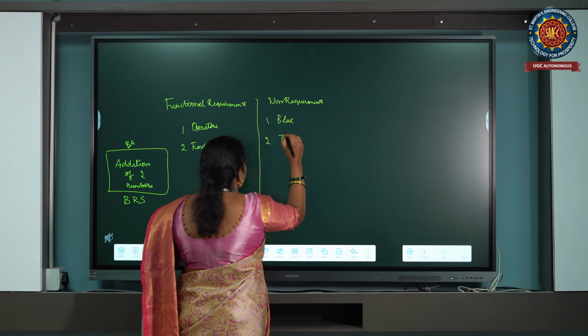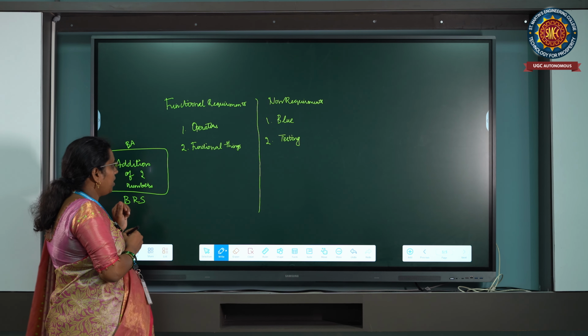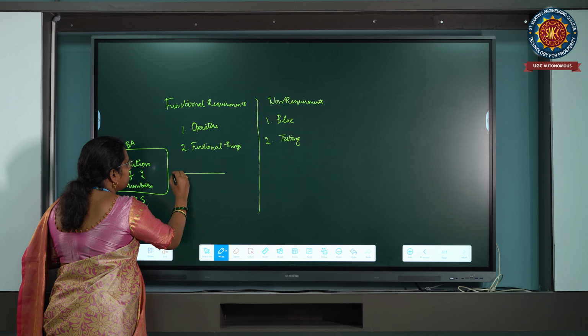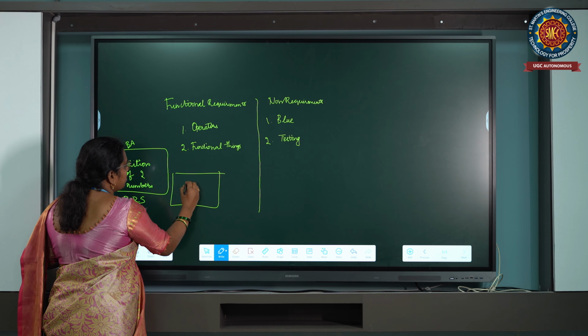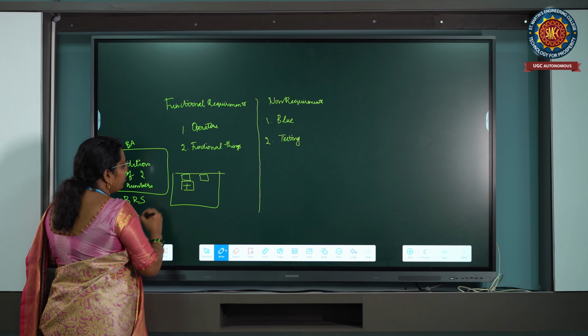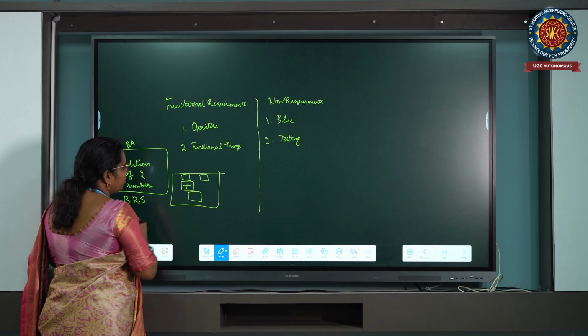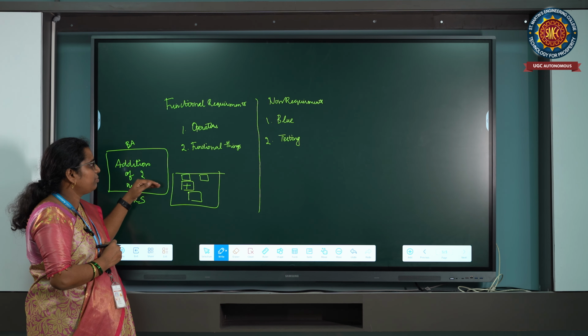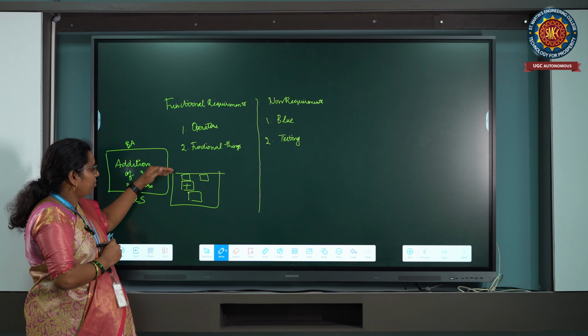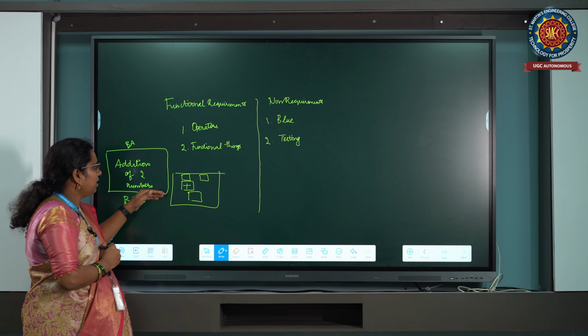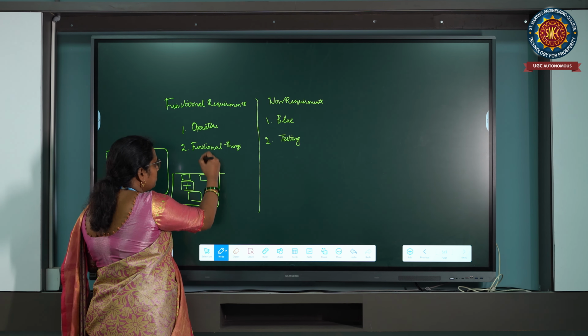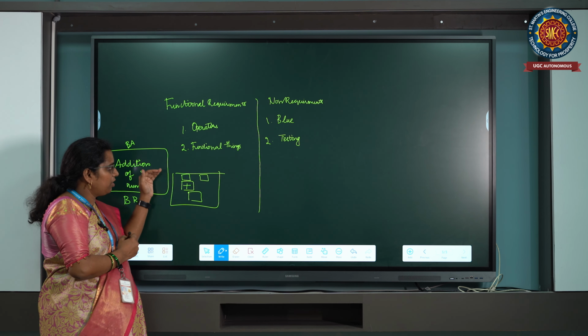Now how is the page going to be? If you are going to use two operators, you have two inputs and one output. These are the things displayed on the web page you are going to build. This comes under the functional requirements.